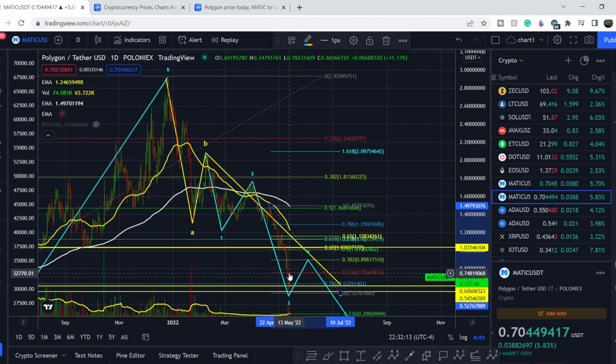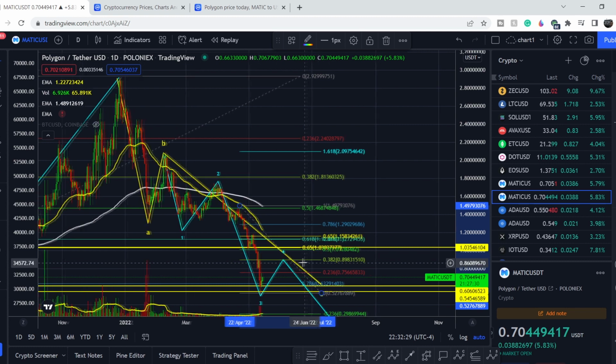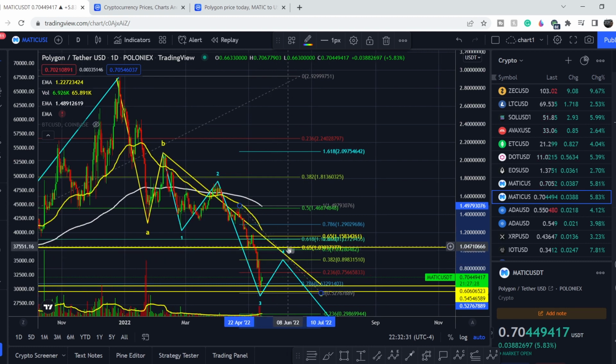We already hit, as you can see right here, the 0.236 at the price point of roughly 75.66 cents, and the next range of resistance might be at the 0.382 Fibonacci retracement level at the price point of roughly 89 cents. The next range definitely will be the confluence with our yellow line, as you can see right here, and it is the psychological number of $1. And I have to say that somewhere here we might have another pivot point, and if we see more bearish pressure on Bitcoin, definitely we might have the next leg to the downside,